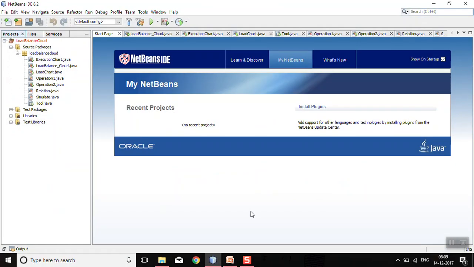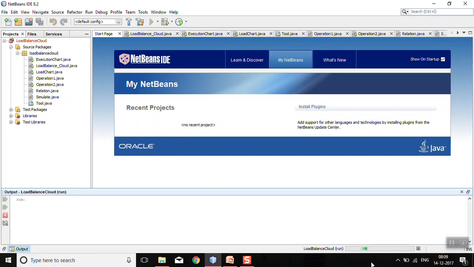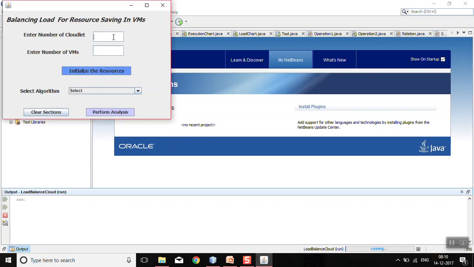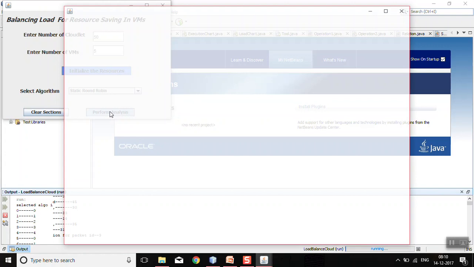Next, we will go through the project. First I run the project. Now we enter the number of cloudlets. For example, we take 50 cloudlets, and then we enter the number of virtual machines, for example 5 virtual machines. Then we have to initialize the resources so that it can pick up the resources properly, and then we select the algorithm. For example, if I select the static round robin and then click on perform analysis,